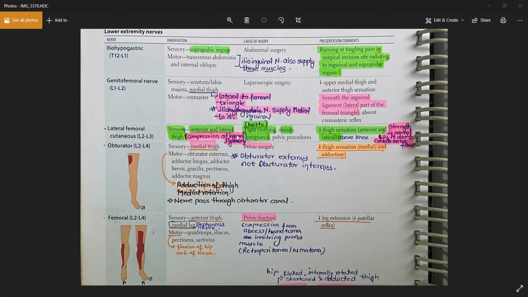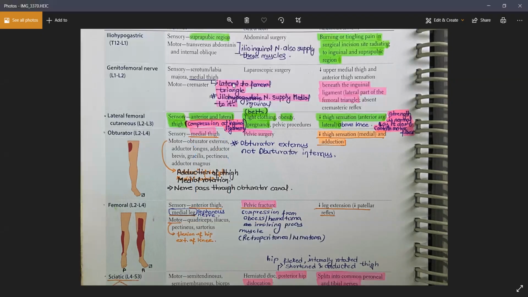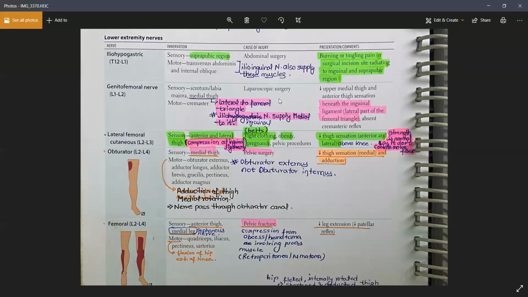So do remember this: the lateral part of the femoral triangle is supplied by the genitofemoral nerve, and the medial part of this femoral triangle is supplied by the ilioinguinal nerve. And the ilioinguinal nerve also supplies the transversus abdominis and the internal oblique, right? So whenever any kind of damage happens, like in case of any